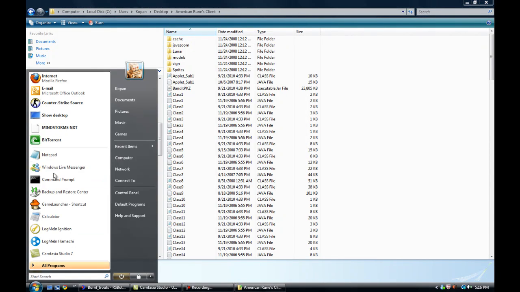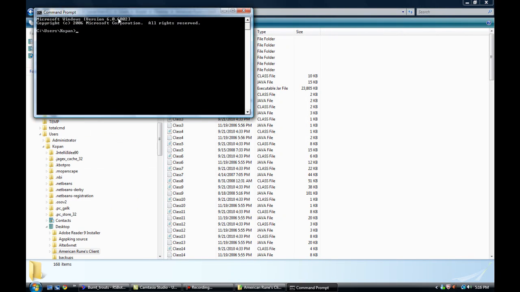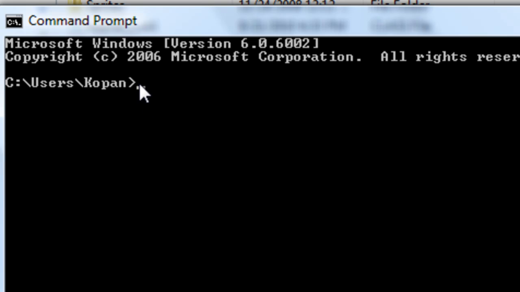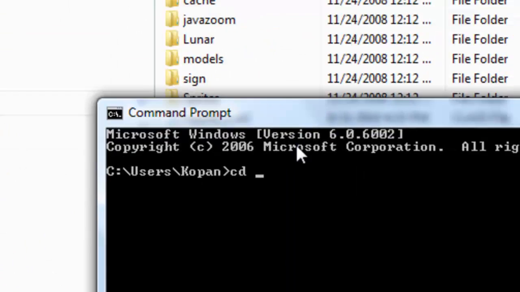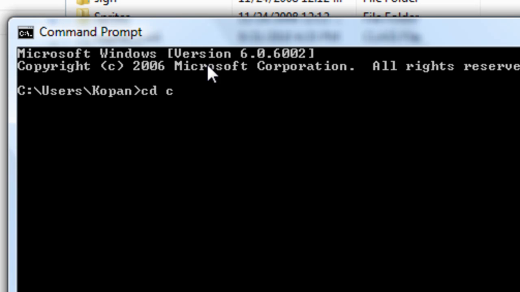So what you want to do is open your command prompt and type in cd, lowercase. CD stands for change directory. Basically it's just changing the location of where command prompt is going to be working, because right now it's set at C users coupon, not my username, and that's not where I want it to work. So cd, then don't worry about computer, just type in C if it's on your C drive, and then colon,